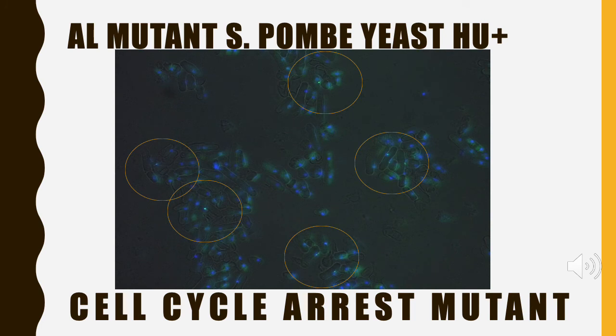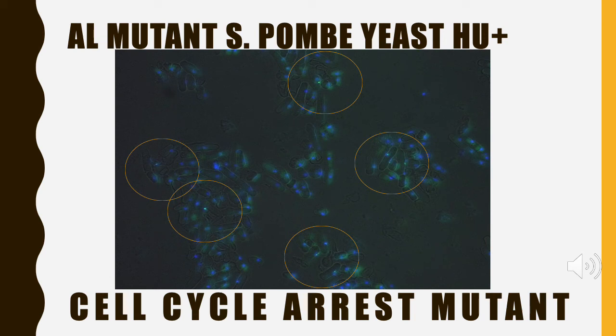This picture is a zoomed in picture of the AL mutant HU positive sample to just show the Rad22 GFP levels. The mutant yeast AL is a cell cycle arrest mutant because GFP is high and DNA distribution is unequal in HU and cells are short. These mutants do not stop the cell cycle at the G2 checkpoint and the DNA is not repaired, which activates the Rad22 protein and glows in the